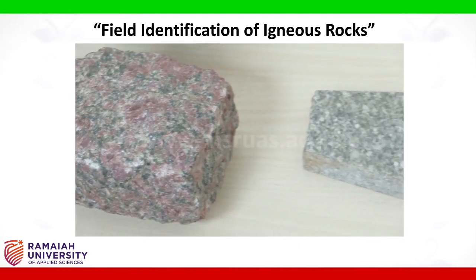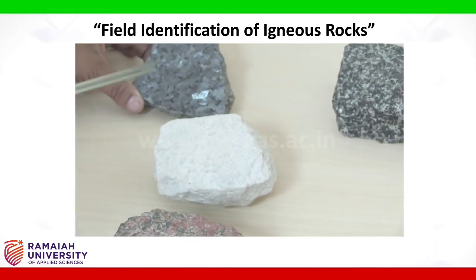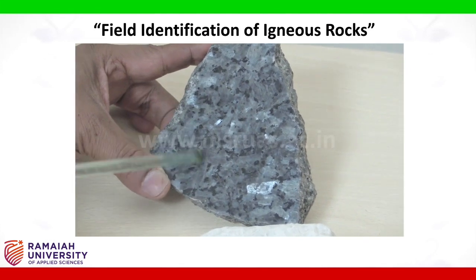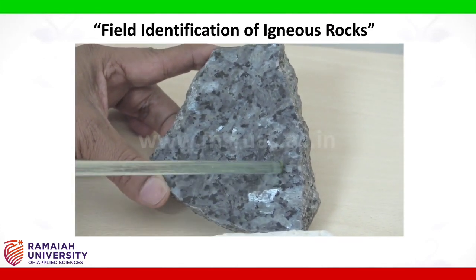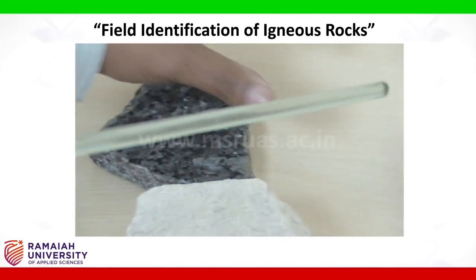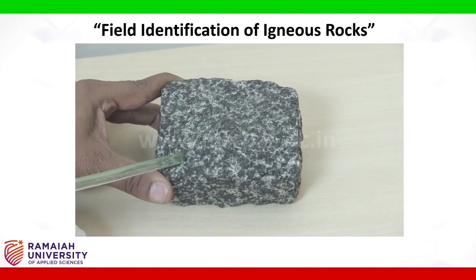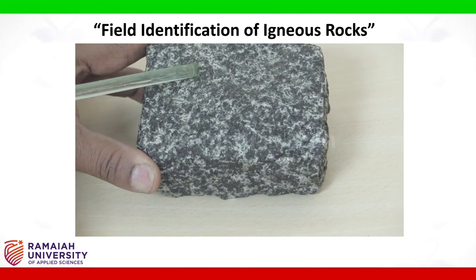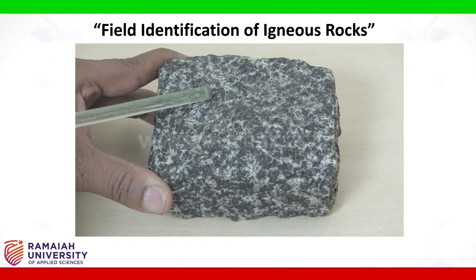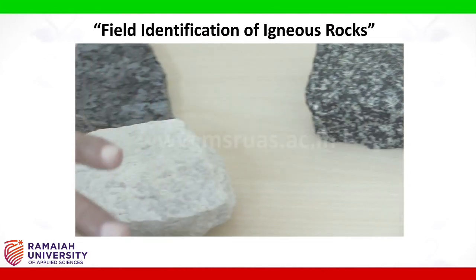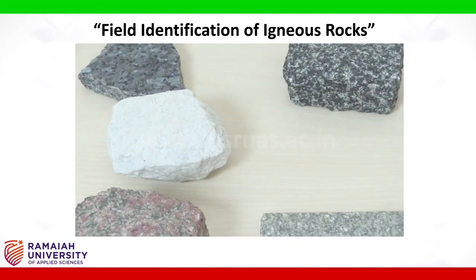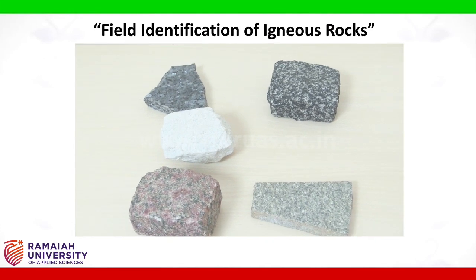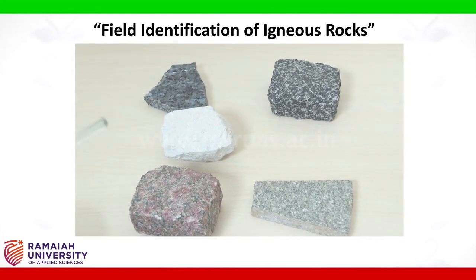Likewise, this is a rock called anorthosite, which consists of relatively coarse grains of feldspar. Here, this is a gabbro. It consists basically of feldspar and plagioclase, plagioclase in shades of grey and white. Likewise, minerals that can be identified with the naked eye or at most with a hand lens,